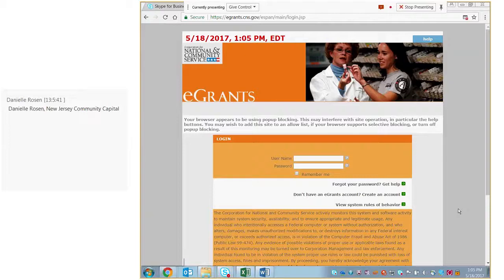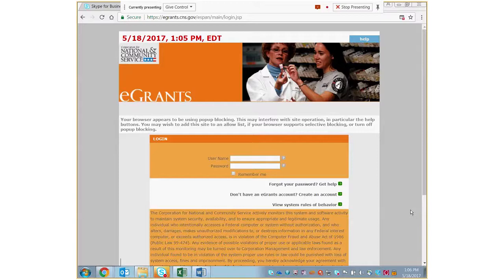As you've likely already learned, NeighborWorks America does not do the recruitment for all of the local sites across the country, and so you'll be doing the recruitment for your site alone, which is great because it gives you the latitude for selecting the person who is going to be perfect for your organization, both in skill and in cultural fit within your organization. But in order to do any recruitment functions, you have to first have an eGrants account.